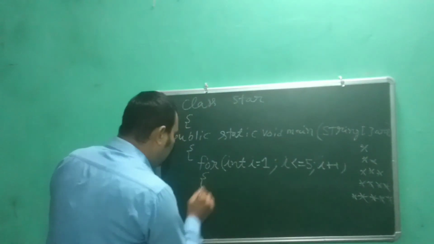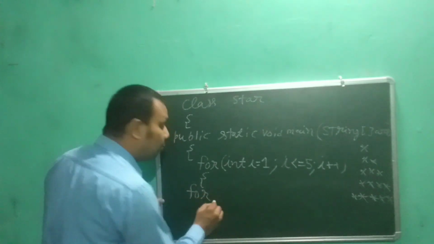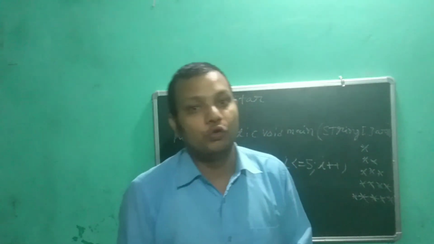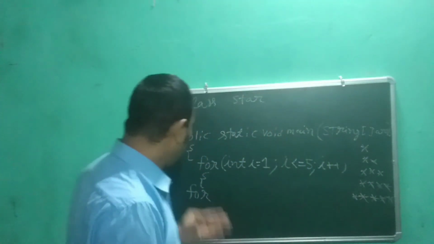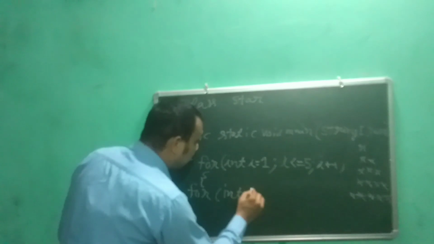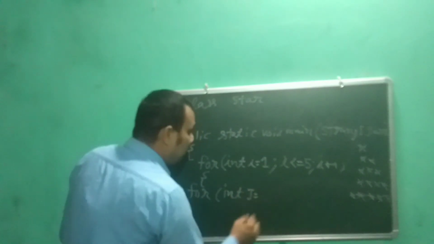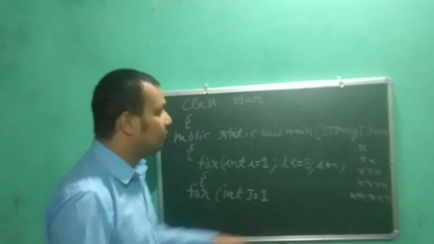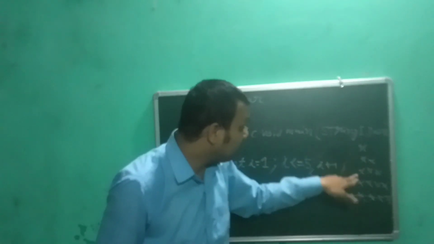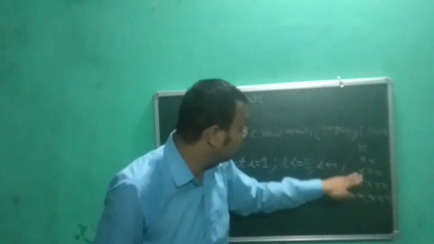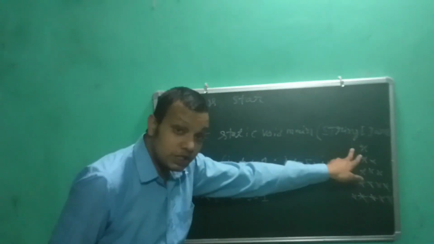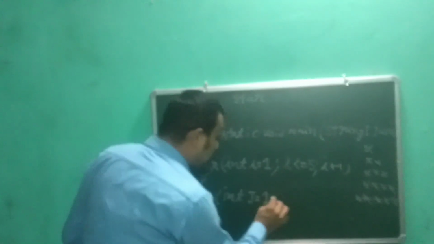After that, the loop. This is nested loop. Nested loop means a loop inside another loop is called nested loop. So this is second loop. What we will do here, let's declare another variable j. Let's start with 1. We will start with 1. This loop is responsible for only lines, number of lines, 1, 2, 3, 4, 5. Okay, this loop is responsible for printing j equal to 1.